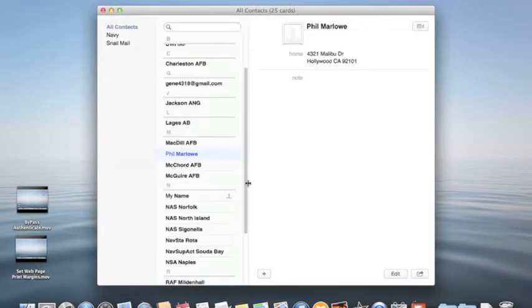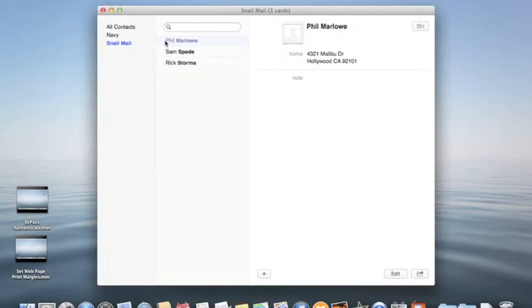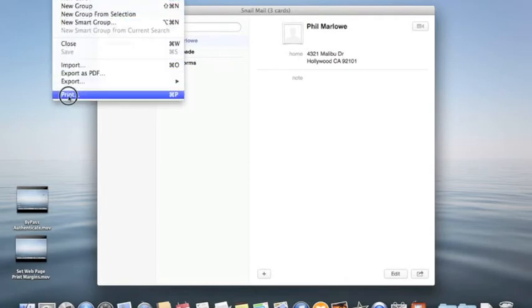There's other ways to do this. If I have a group, and for example, I've made a group named Snail Mail, what I'm going to do is drag Mr. Marlowe's card up to the group, and when I open the group, you'll see that Philip Marlowe is now one of 3. If I go to File, Print,